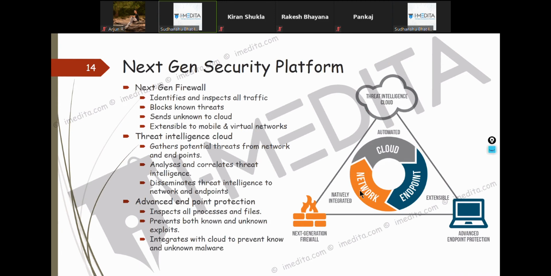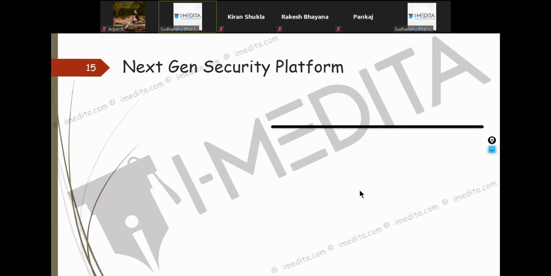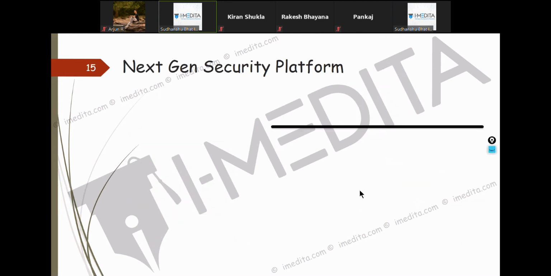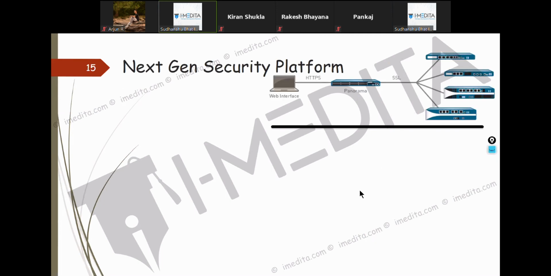So it can also integrate with the cloud to prevent known and unknown malware. Okay. So what are some of the other things that we have here? In the next generation security platform, we have Panorama. Like I told you, if you have a lot of firewalls, you can utilize Panorama, and as an admin, you can open the HTTPS UI of Panorama, where these devices will be added already, and you can make device groups of them.